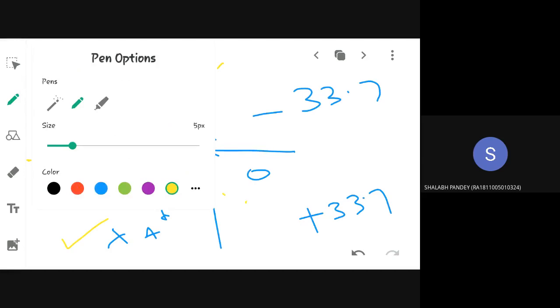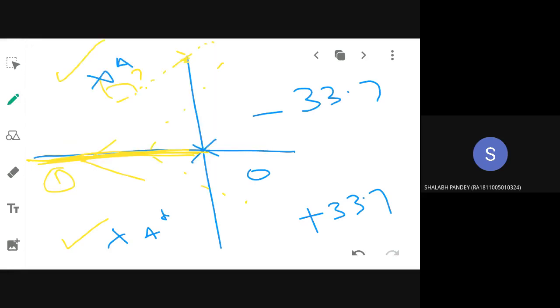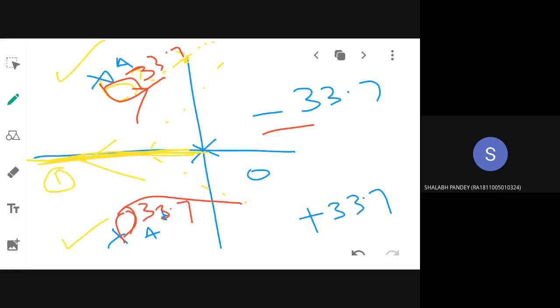Why is it called the angle of departure? Because it is the starting point. So it is departing. It is not entering. It is leaving. So this angle is minus 33.7. Now another branch is starting over here. It will also run parallel to this asymptote. But what is the angle here? It's quite opposite. If it is minus 33.7 here, you have to make an angle of 33.7 here. Understood now? These angles are called angles of departure.